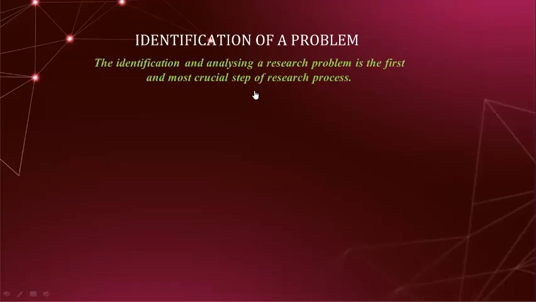Now, why is this so? Because these days, many research scholars think that when you just identify a problem, that means you have selected a topic. But that is wrong. Topic selection and identification of a problem are two separate things. Generally, it is seen that researchers select the topic of the study from various sources, but they do not actually identify a problem. What should be done is that a problem must be identified based on the topic.